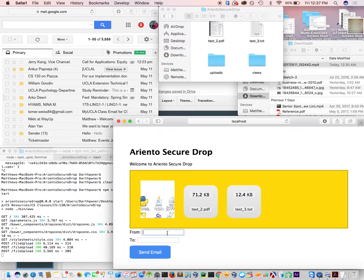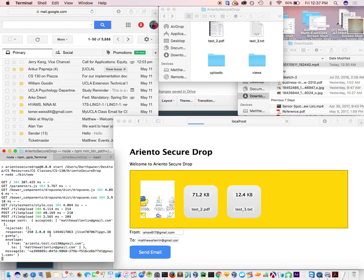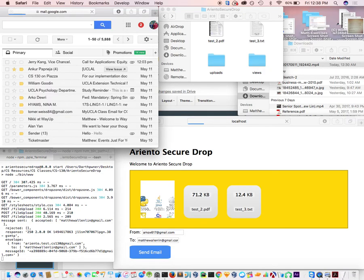Right, and then now we could fill in the from and to fields. So we're going to fill it in with Arco's email, and then he's going to send it to my personal email. And then hit send, and then we'll see on the top left that I will receive the email. We can see in the backend that the email was sent, and we received a response saying this is the information that the email has been sent. And if we refresh the mail,